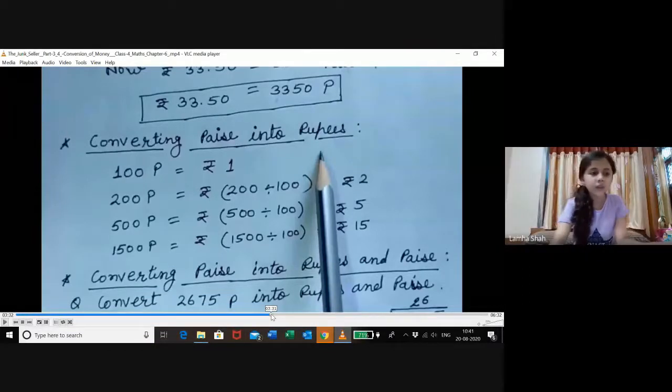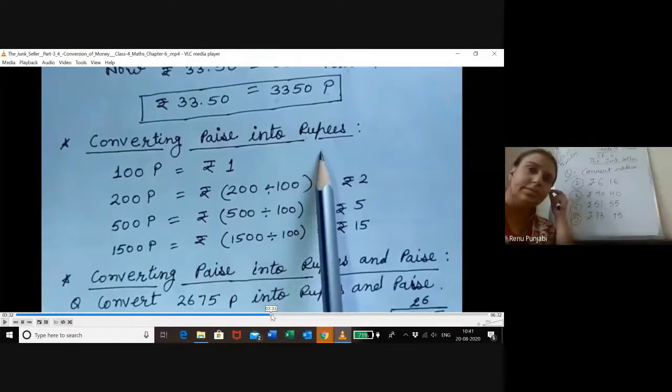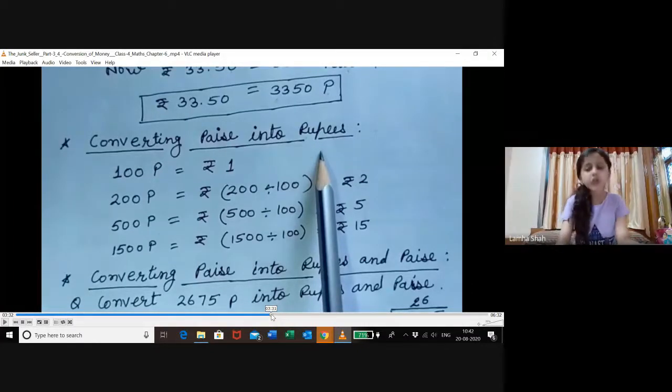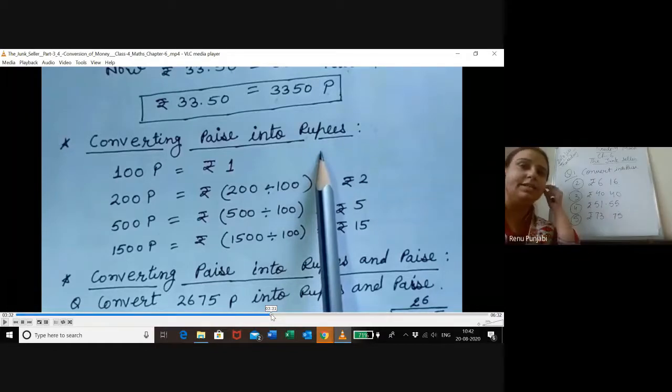Renu ma'am, just like we read in convert into paisa, we showed the full method, right? So in convert into rupees, we can do the long division method and show the full method. As I said, it is up to you. If it is a 1 mark question or 2 mark question, then show the method. And if it is fill in the blanks and you are very good at quick answers, you can do it directly also.